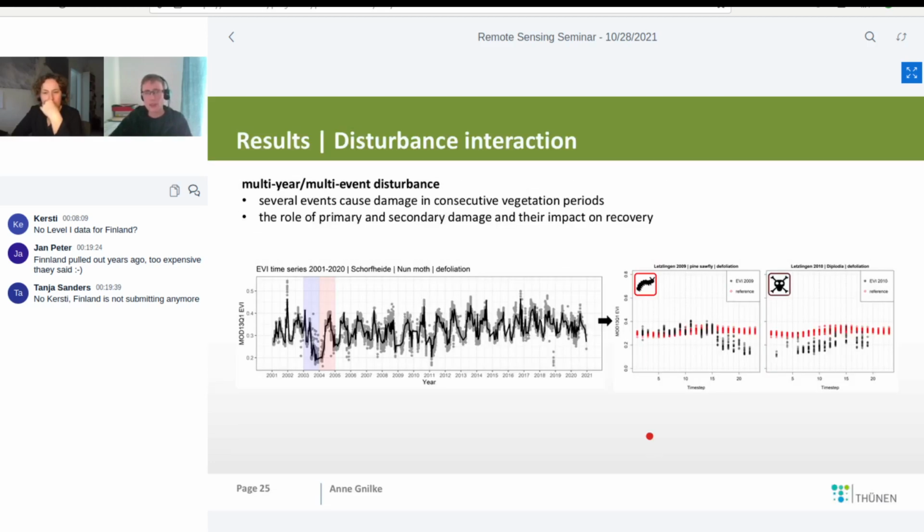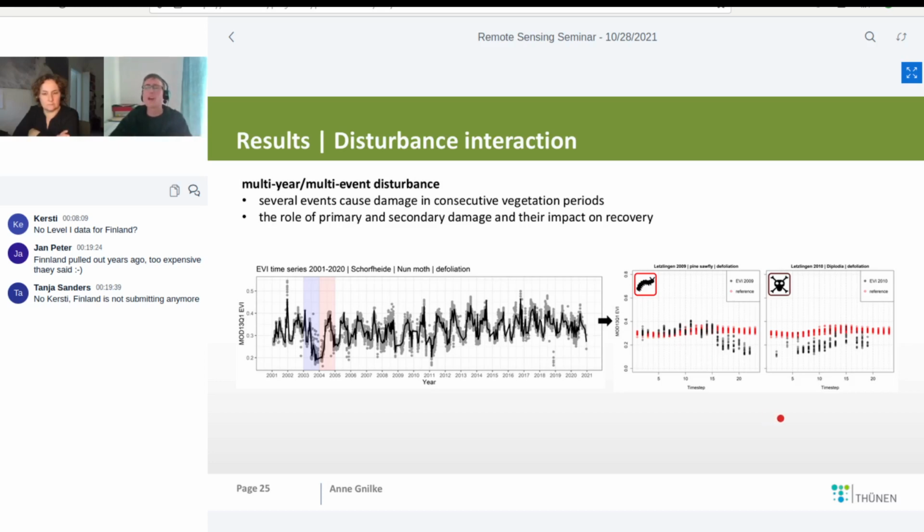Another interesting part was that we had different sample sites where multi-year and multi-event disturbance patterns were observable from the Enhanced Vegetation Index time series. Several events, like in this case in the Schorfheide, non-moth was causing defoliation in the pine tree canopies in the first year, whereas in the second year, the trees were attacked by fungi infestation because the vitality was almost down, and then the fungi got a little